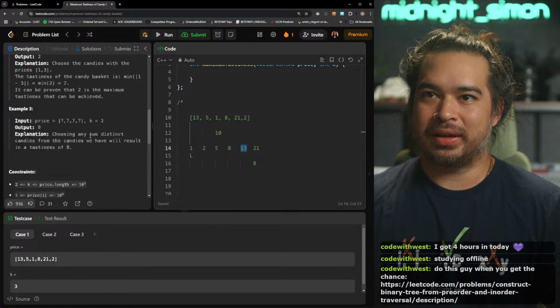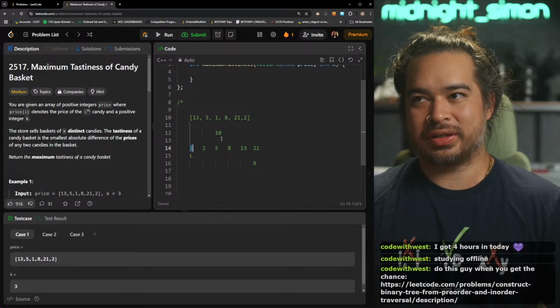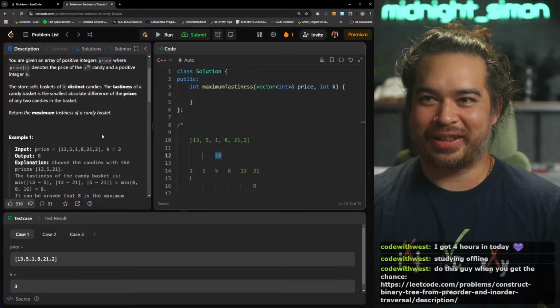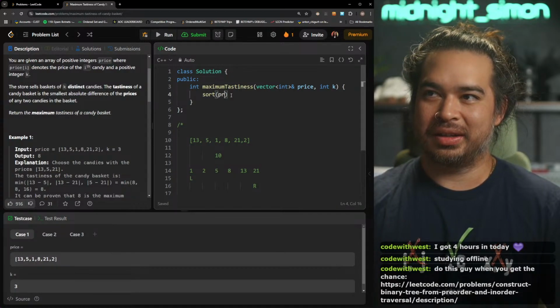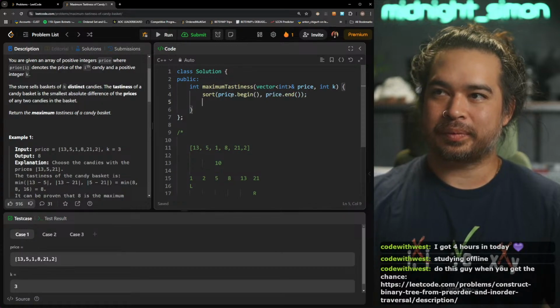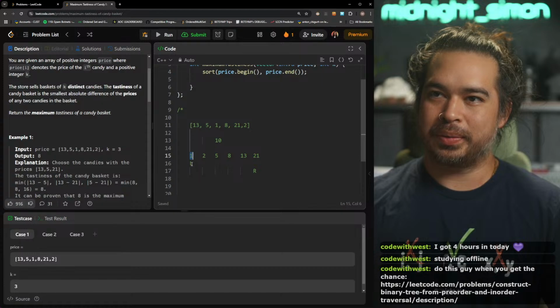So I would think like you binary search on the binary search. It's a little weird, but I think it will work if we sort the prices. It's like we'll do a guess and we'll start from the lowest number. All right, we know the answer is 8.